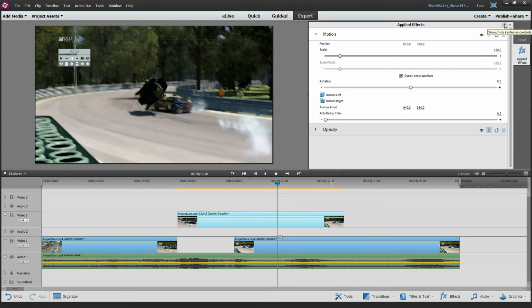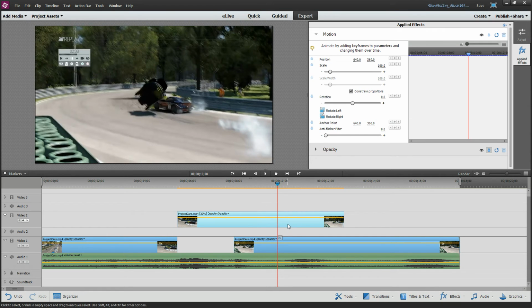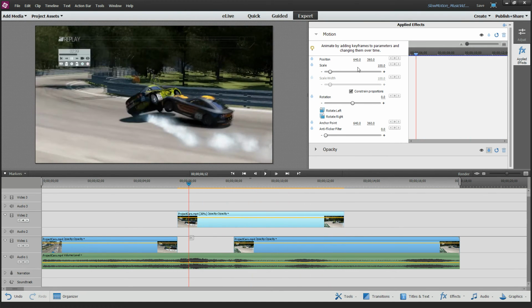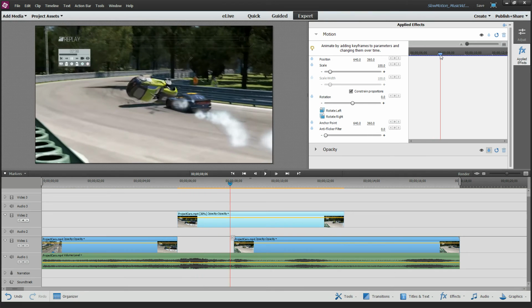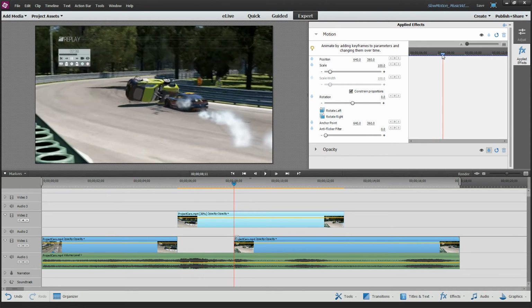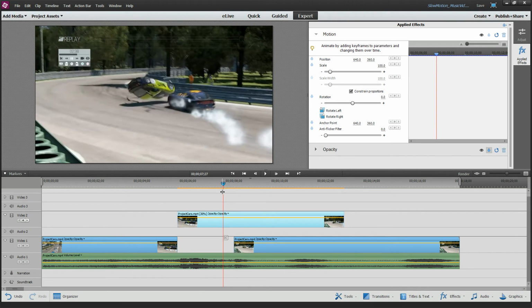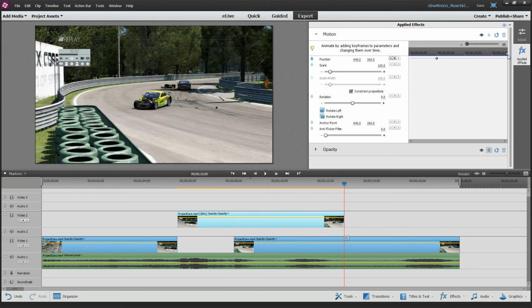If you expand this Show Hide Keyframe, this shows the selected clip at just a mini time frame of that clip, so you can adjust these values at a point in time. So for example, I might want the opacity, or the scale, or the rotation to be a certain value, but change over time. An example of that might be to go to this point in time. Let's mark the position here by hitting this little toggle animation. It remembers the 640, 360, and then somewhere around here, let's change that X position to, I don't know, 2000. Pick a number, any number.